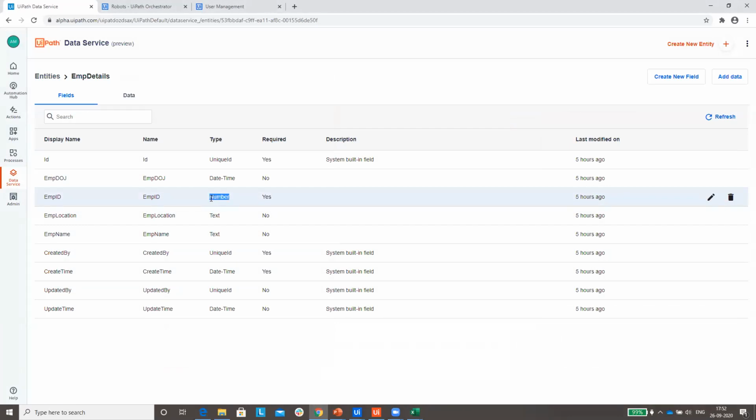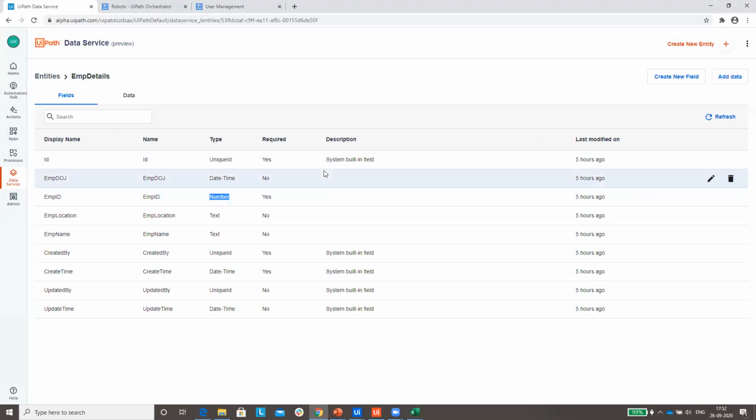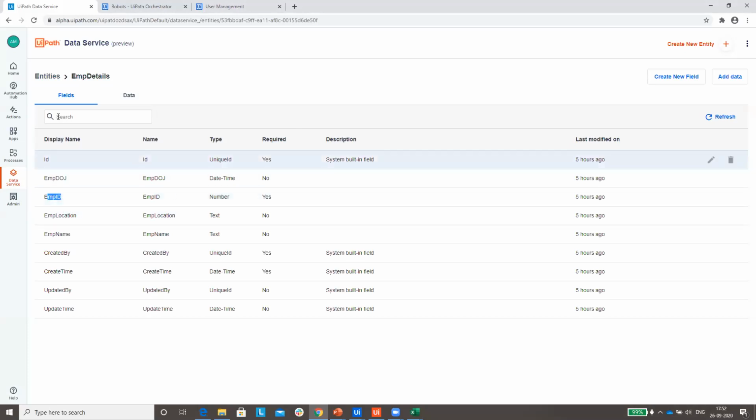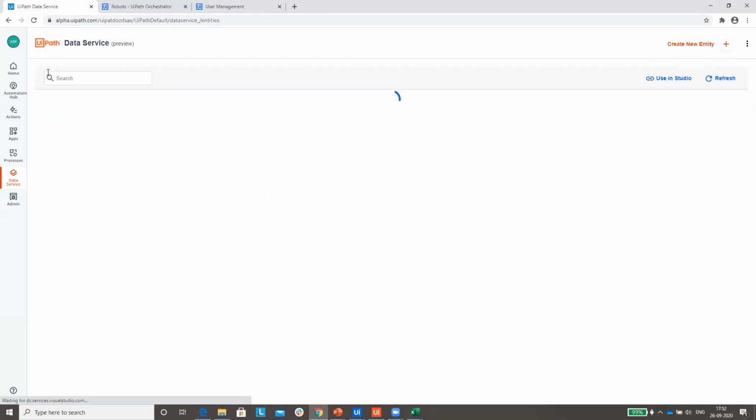In the primary table. And for the secondary table, this particular ID will act as a relationship, which means this will act as a primary key. In case you are familiar with database architecture, we have a concept known as a primary key. That is what we're going to do right now. This employee ID of the second table will act as a relationship.